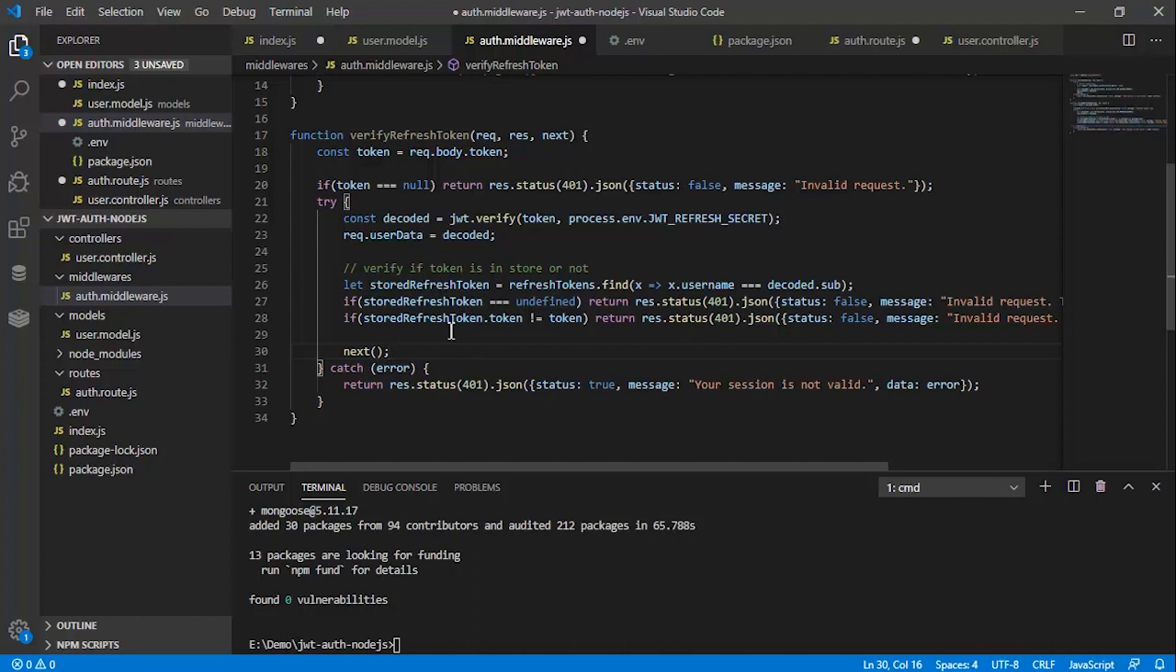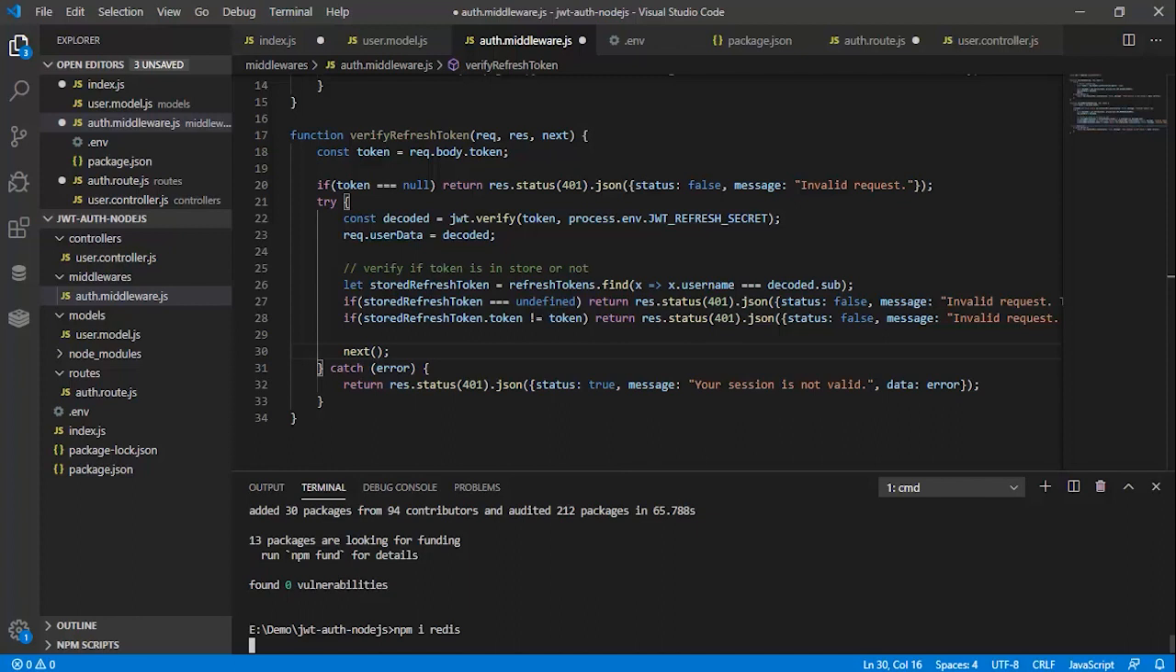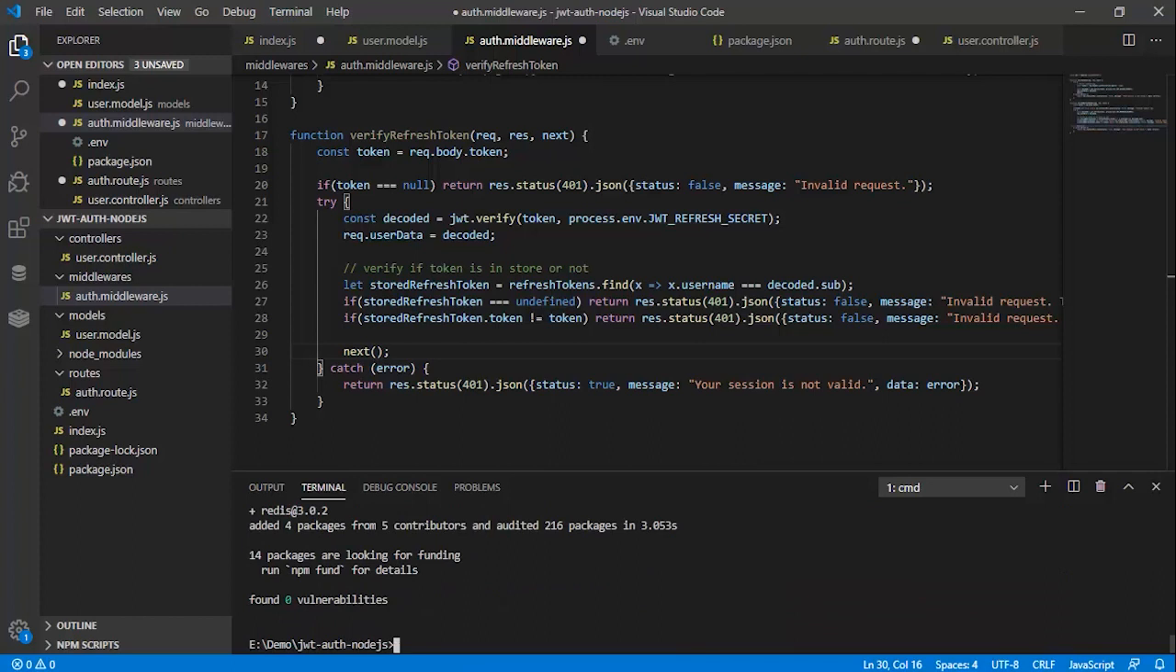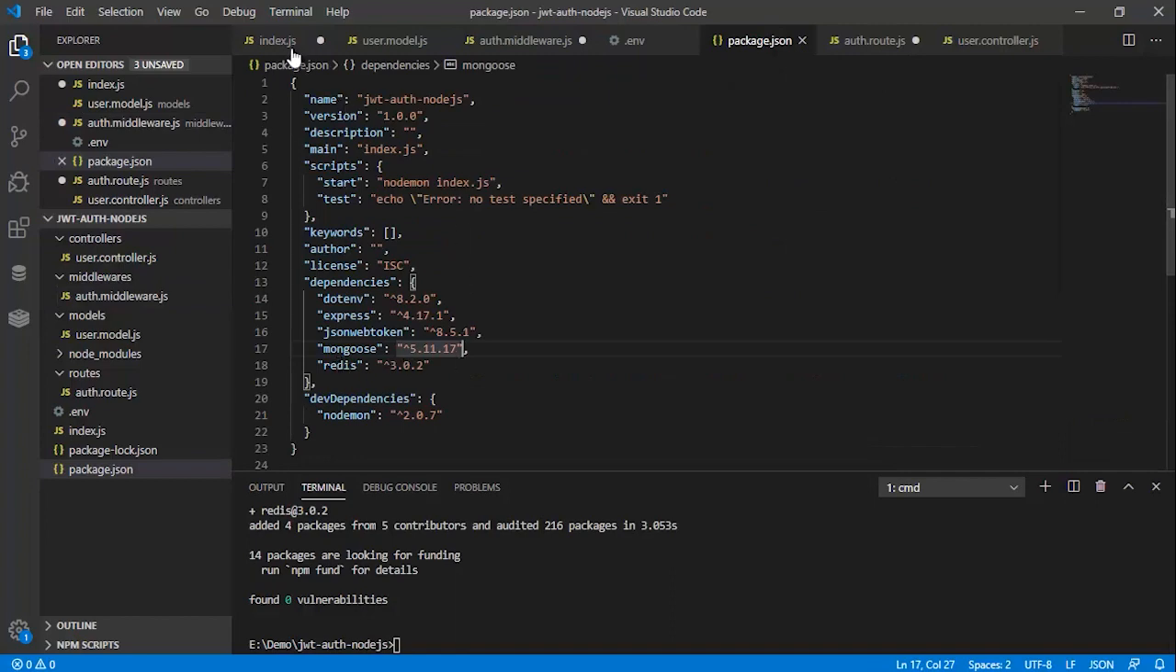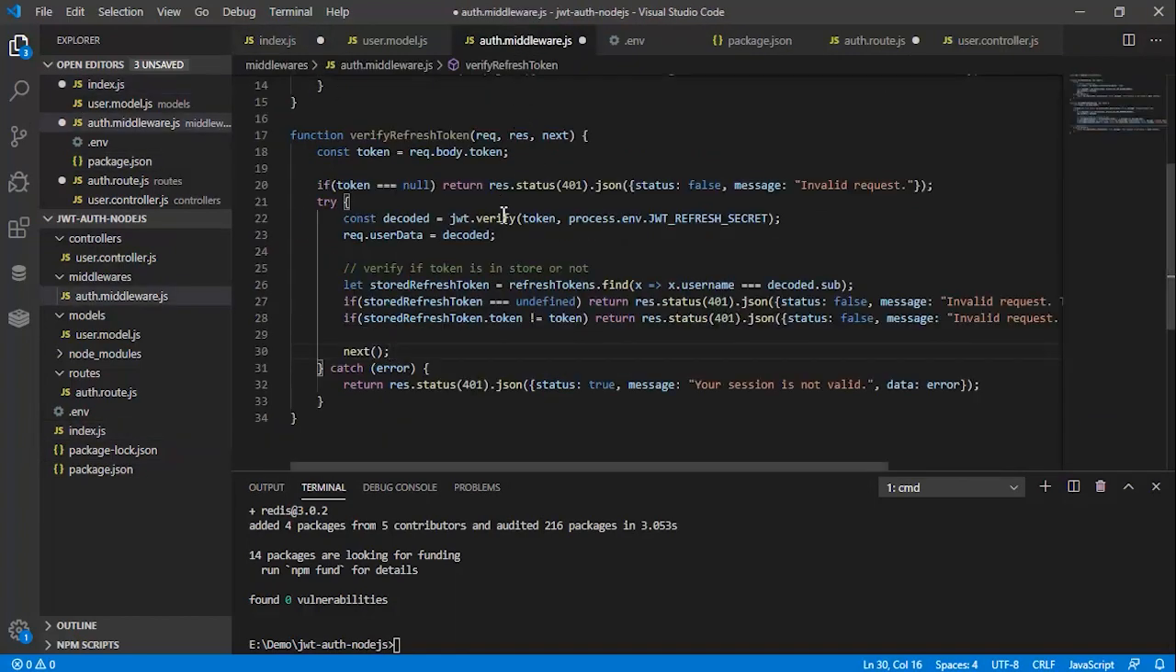So what we will actually be doing is using Redis to store our refresh tokens. So we will need to install the Redis library. So let's install that, npm install redis. Okay, and just hit enter, and it will download and install the Redis library in our project. So it's done. Let's verify if it's there. Yeah, it's here. And in our middleware part, instead of checking if the token is in our in-memory array,